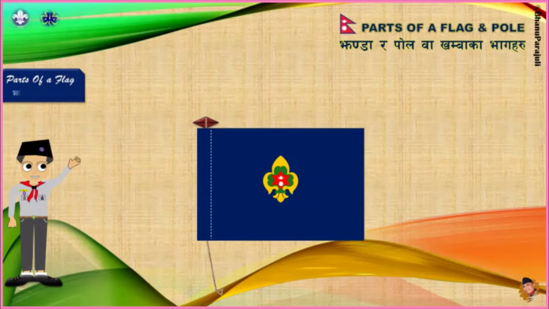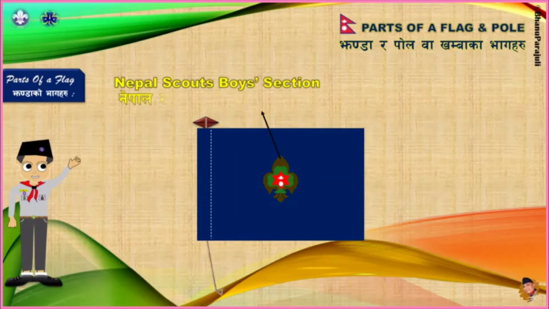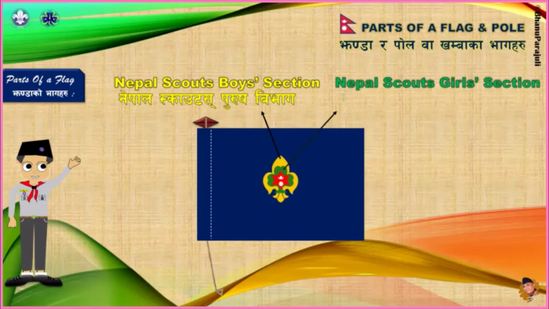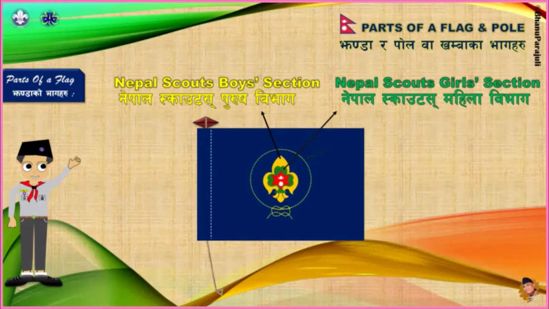Parts of a flag. Nepal Scout Boys section: yellow emblem. Nepal Scouts Girls section: the green emblem. The rope around the emblem